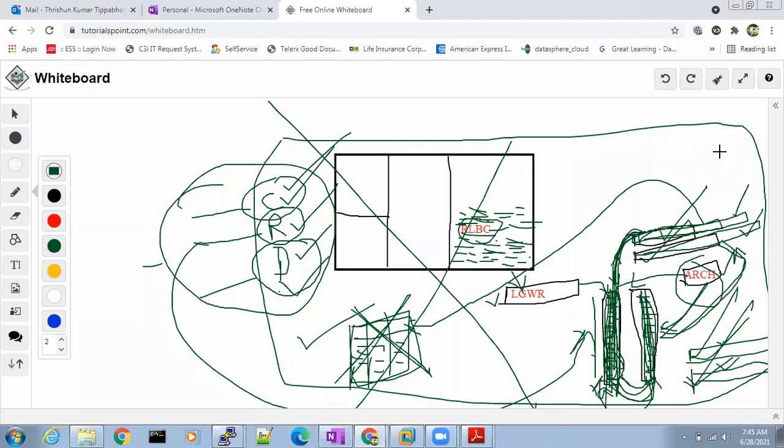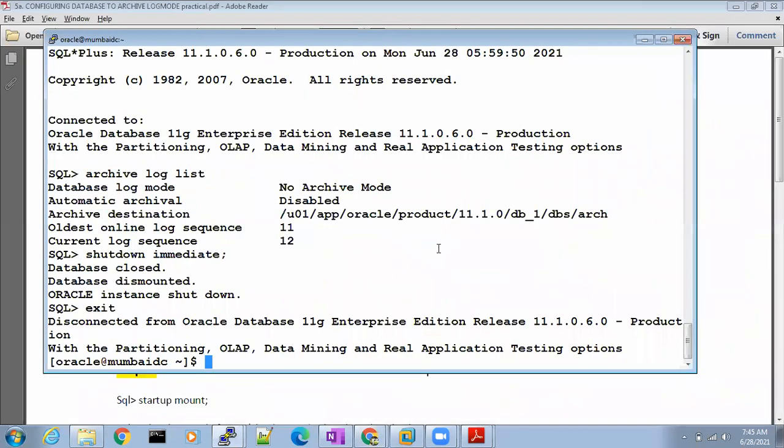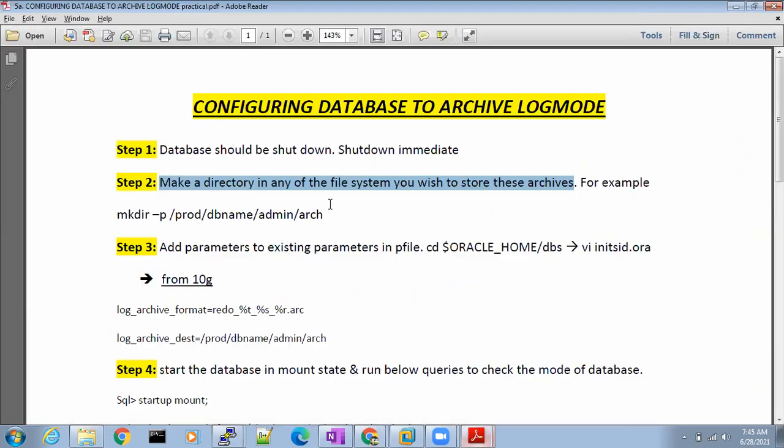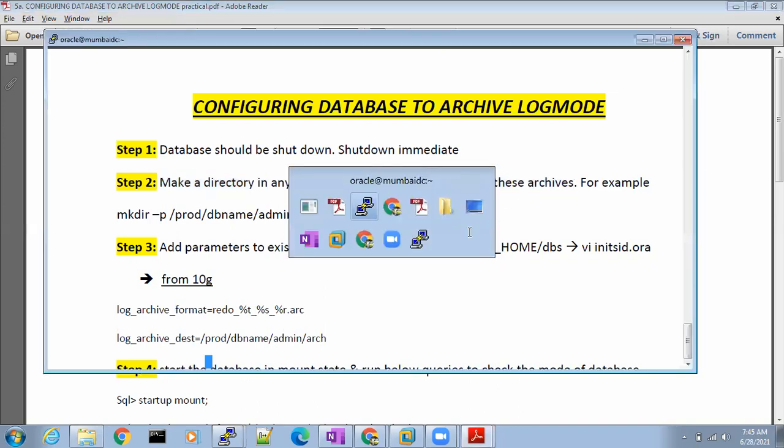So to store these archives, there should be one location, one folder, one place where it has to store them. So we are going to create a directory in which the archives should be stored.